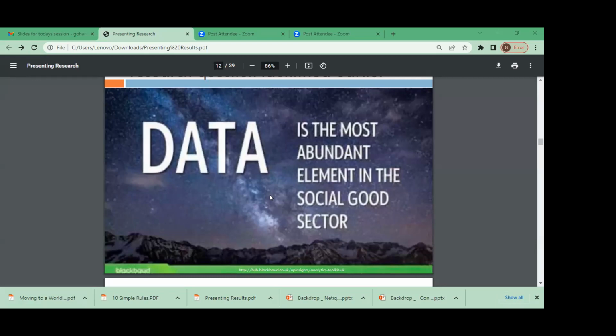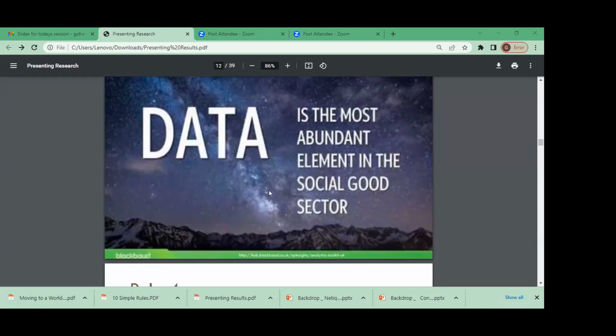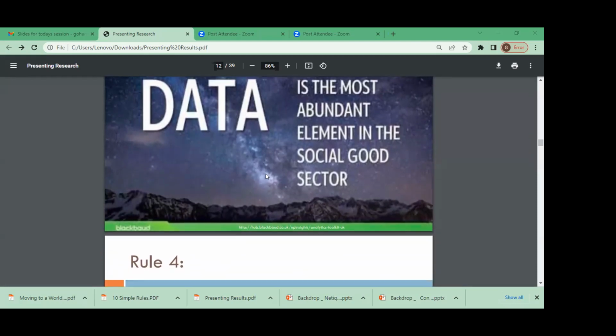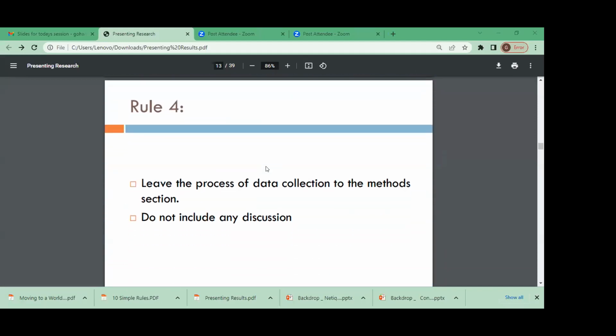It's not that your question should lead to the data, but your data should help you answer the question. A lot of people, once they are unable to find the answer, try to play around with the data and change the data accordingly. That's a crime. That's not the right way to do research, and that's not the right way to report the research either, because now your data has been fudged